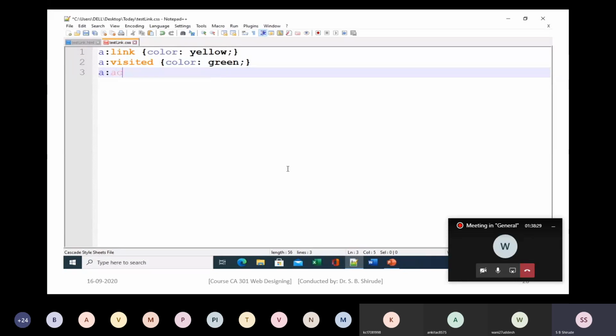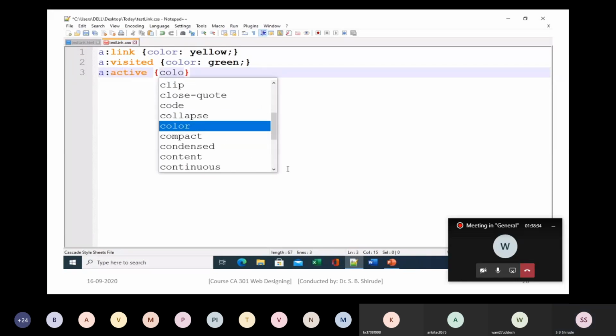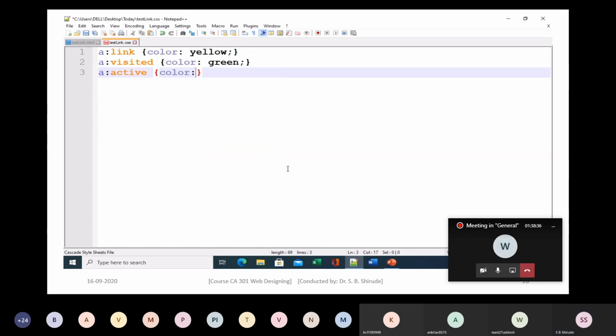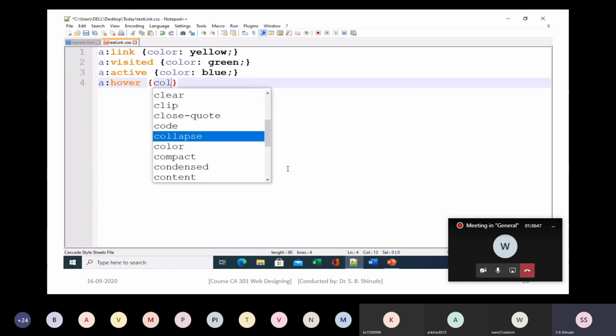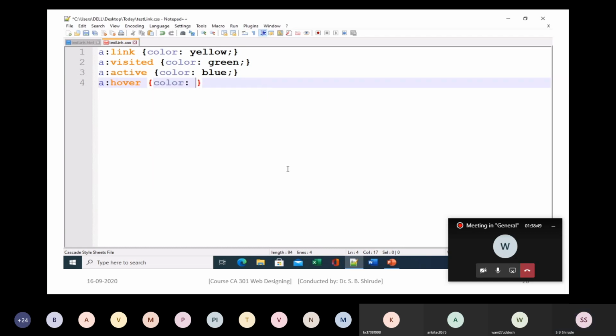Then a:active color blue. So for active I am changing to blue. Then for hover, we will apply color is equal to say red. So we are changing the default values. So a:link, a:visited, a:active, a:hover, that we have put now.